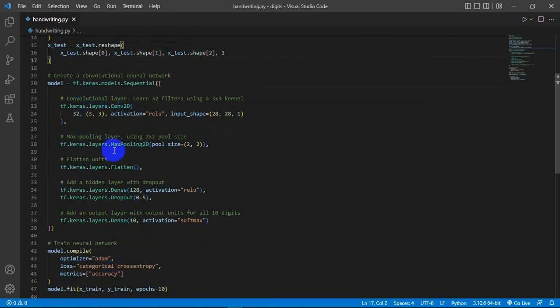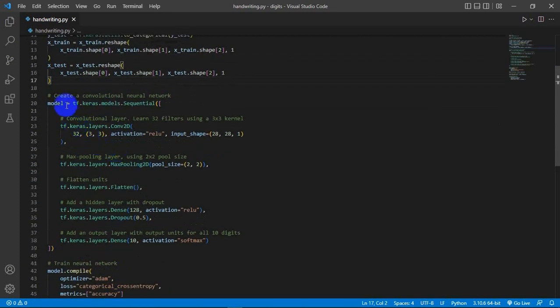Okay, and then what is a convolutional neural network? In this code, this consists of 32 filters using 3x3 kernel matrices. Here we are going to learn 32 different 3x3 filters. Then we use the ReLU function. So what is the ReLU function? It helps prevent exponential growth in the computation